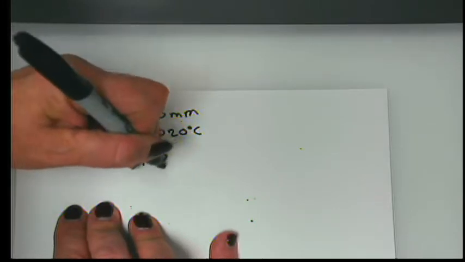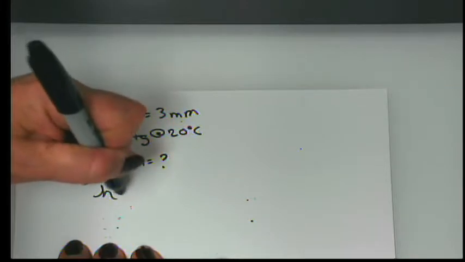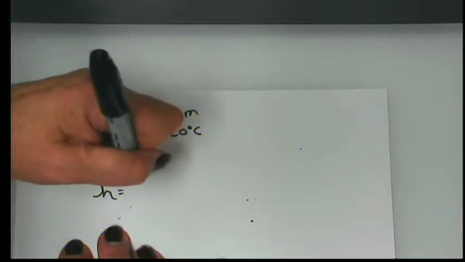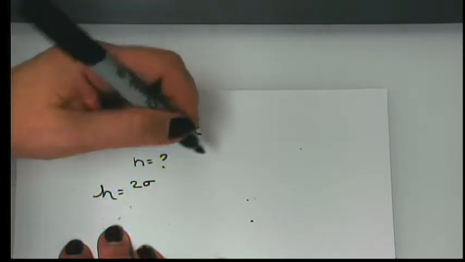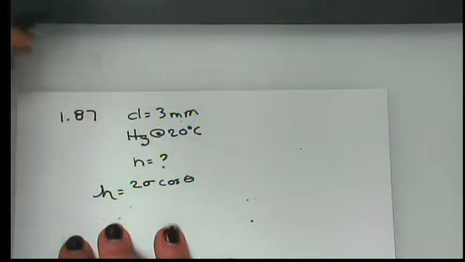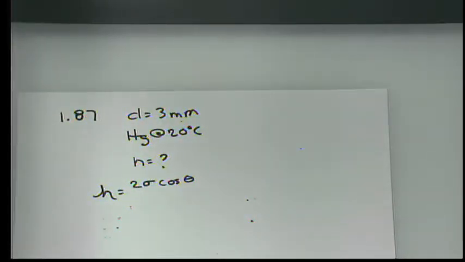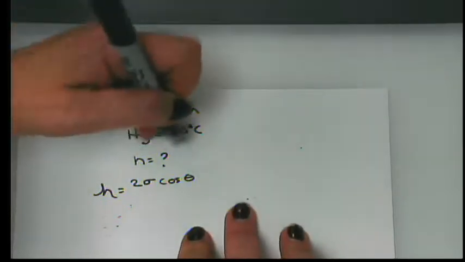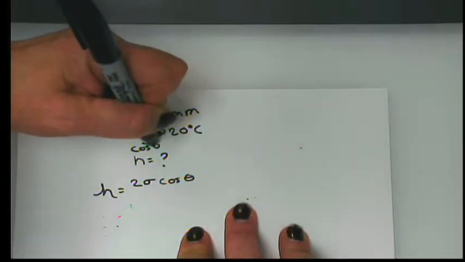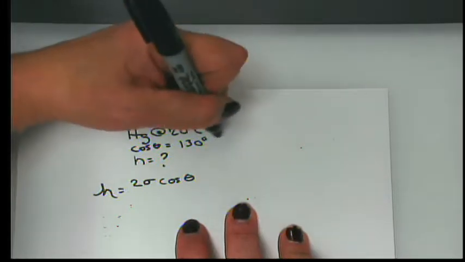So that means we're looking for h, doesn't it? All right, so the height of that column of mercury is going to be 2 times the surface tension of mercury in a clean glass tube, times the cosine of the angle, which I've already told you between glass and mercury is 130 degrees. That data is easily found in your textbook, on page 28. Just write this down: cosine theta between mercury and clean glass tube is 130 degrees, and that's on page 28